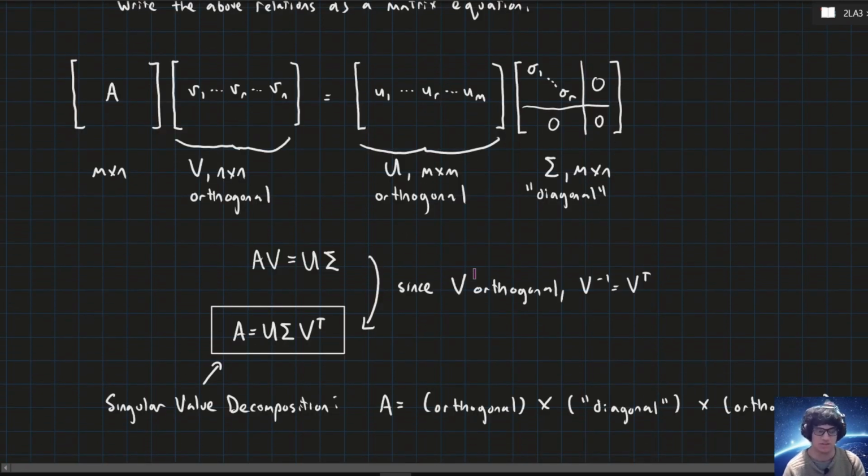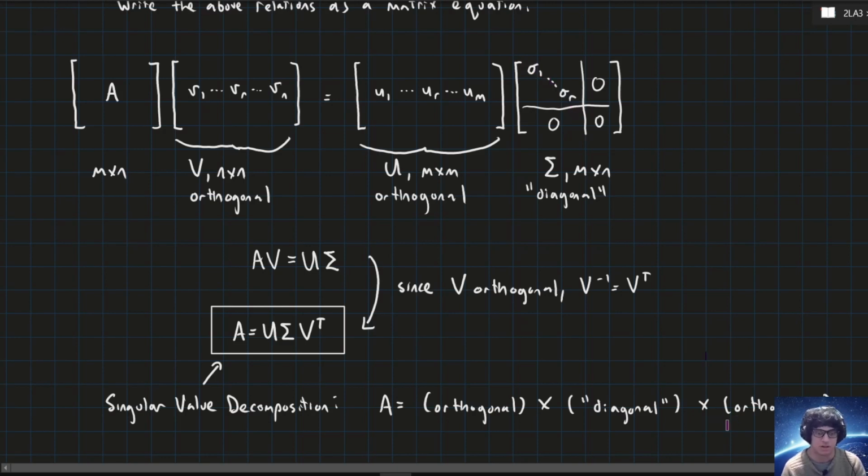This is the singular value decomposition. A is equal to an m by m orthogonal matrix U, times a sort of diagonal matrix, again not a true diagonal matrix, but it only has non-zero entries on its diagonal,